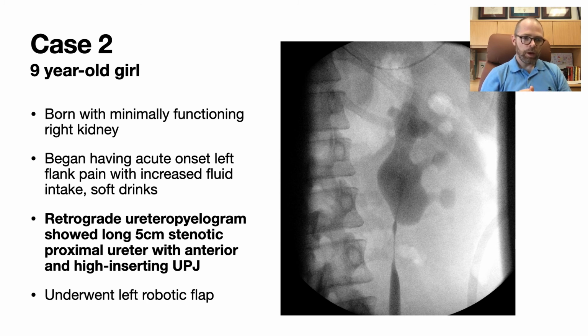Retrograde ureteropyelogram showed a very long 5-centimeter stenotic proximal ureter with an anterior and high inserting UPJ. If you look at this picture, it's easy to think that maybe the ureter inserts at the bottom of the renal pelvis here, but it actually is inserting kind of in the middle. So the ureter is wrapping up over top of the renal pelvis and then inserting, which is what you see here. She underwent a left robotic flap pyeloplasty,